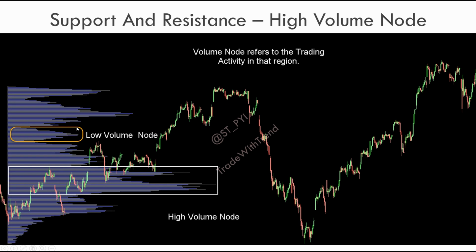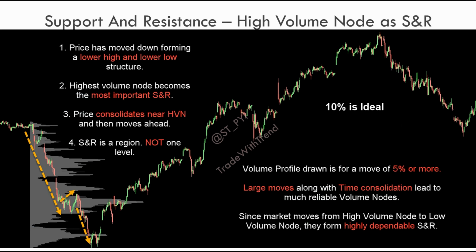particular range, right? So instead of identifying one single point as support or resistance, I'm using high volume node and low volume node as some sort of a range, depending on what sort of trading activity has happened, to mark them as high volume node or low volume node. Now again, this concept will be confusing, so what you can do is just go through this video once and then repeat again after some time, so that you can focus more on this concept, especially if this is the first time you're watching this.